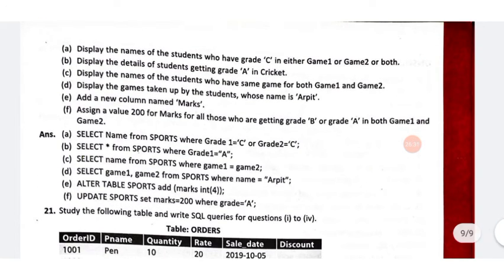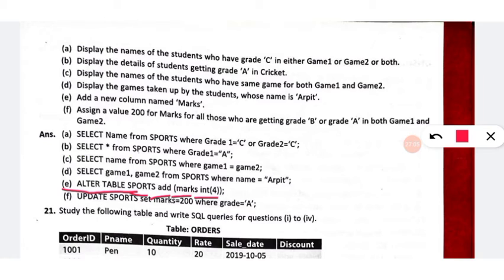Then add a new column named marks. How will we add a column? By using the alter table command, inside which we use add. So alter table, table name, that is sports, add column name, data type, size, then semicolon.